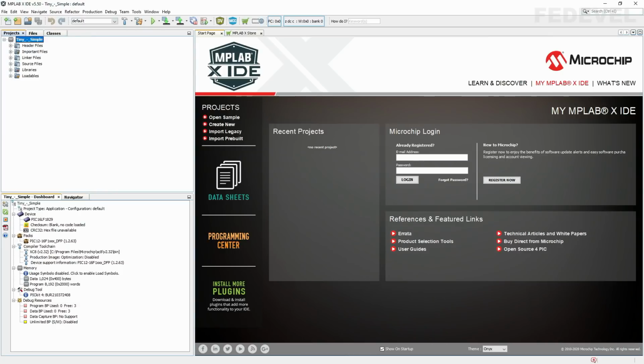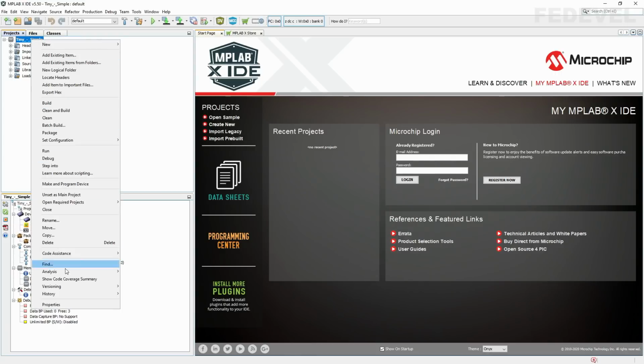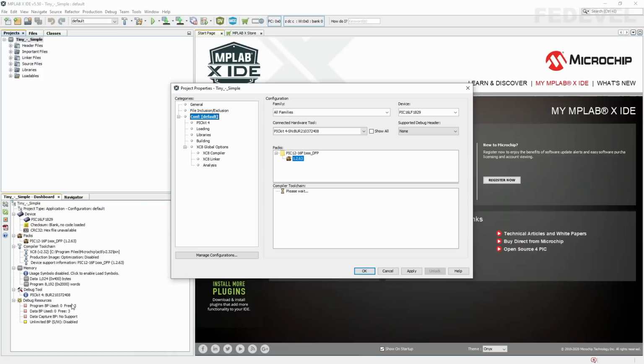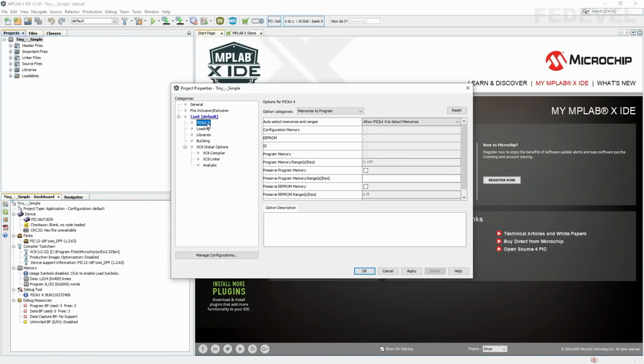The second thing we would like to double check are the settings of our debugger. So right click on this project, select properties, left click on PICkit 4, and from this list select tool options.